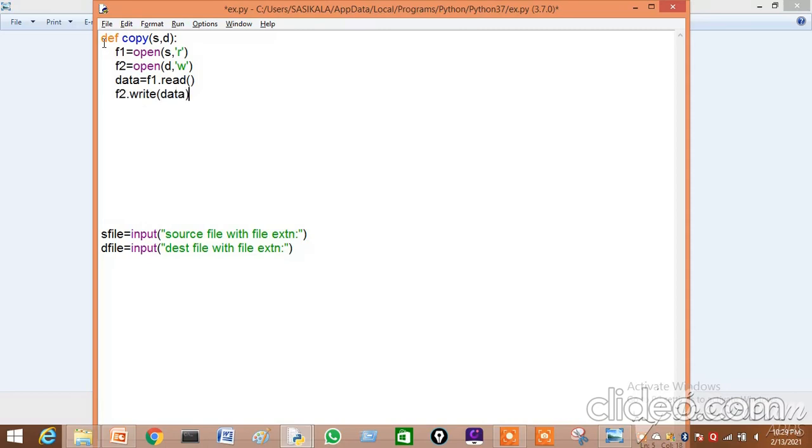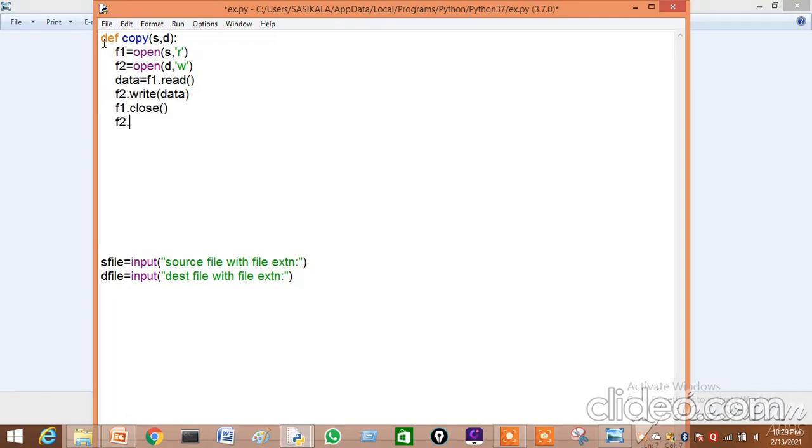Whatever I read from one file, I am going to write in the other file. Now our work is over, so just close the files. F1 dot close and F2 dot close.